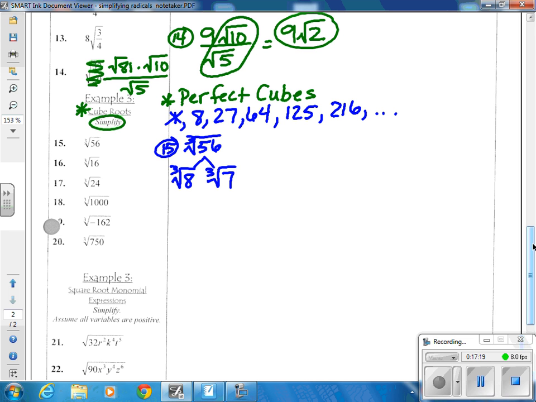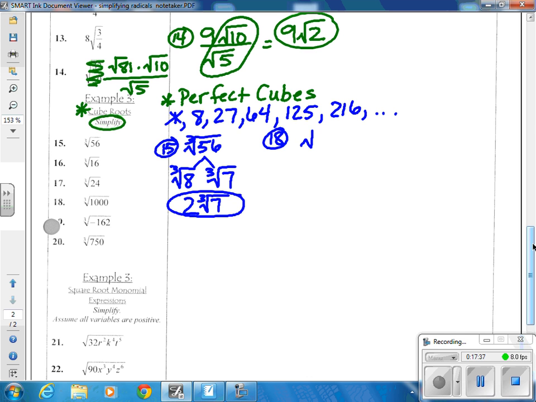The cube root of 8 is 2, the whole number 2, and then the cube root of 7 stays cube root of 7. And this is your final answer. So it does look a little different because it has the cube on the outside, and you're using a whole different list to get these answers. All right, then if we go to number 18,